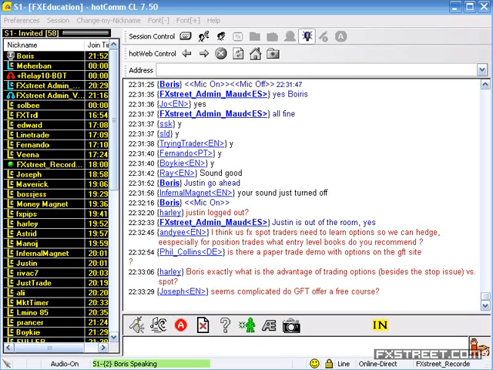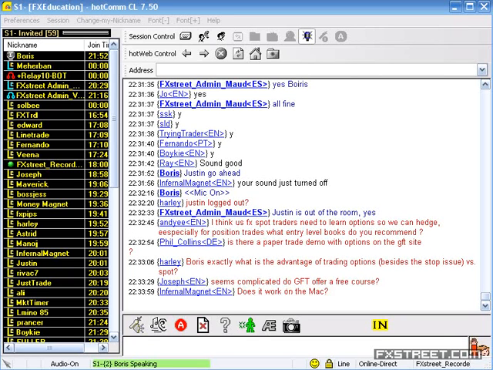Somebody's asking if you can paper trade this with options on the GFT side. Yes, you can. At the end of the presentation we'll show you the options demo platform, and you could definitely demo this thing. The options platform is actually far less complicated than you think, Joseph. It's relatively easy to lay out. It shows you the instantaneous quote of the underlying market, and then it shows you